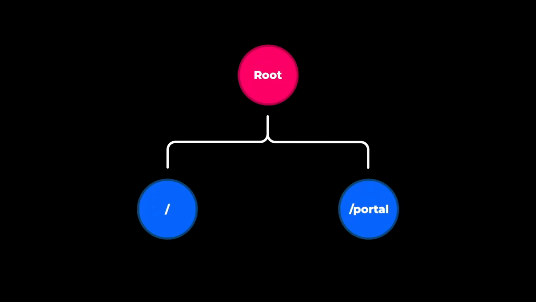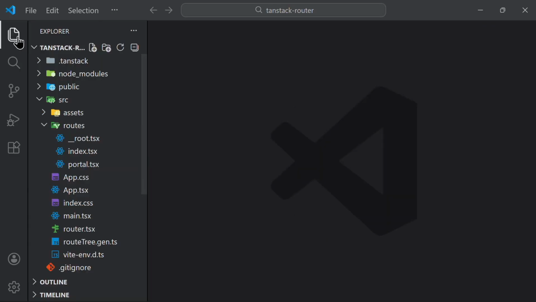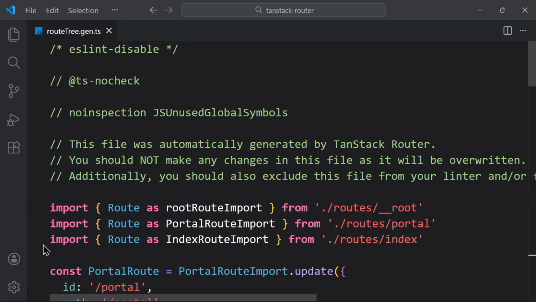So far we've created a couple of routes, and somehow TanStack Router knows how to organize them into a tree with the root route as the parent and the other routes as its children. Now, we don't have to configure anything. Just by creating the route files, TanStack Router figures out how they relate to each other. But how does it actually do that? Well, when we create our routes, TanStack Router also generates a route tree file. And inside,